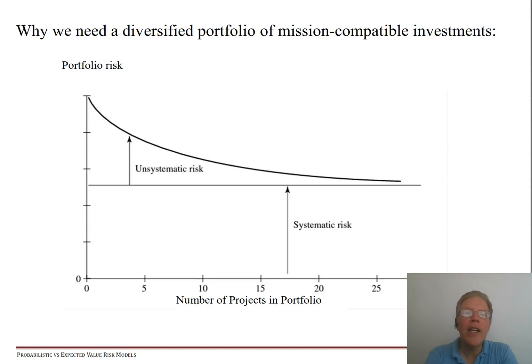Okay, so why does our opportunity cost investment have to be a whole pool of diversified investments that fit our mission? Well, this graph says it all. This is one of the coolest graphs in all of finance. What we've got here is the number of projects in the portfolio, our portfolio, on the x-axis, and portfolio risk